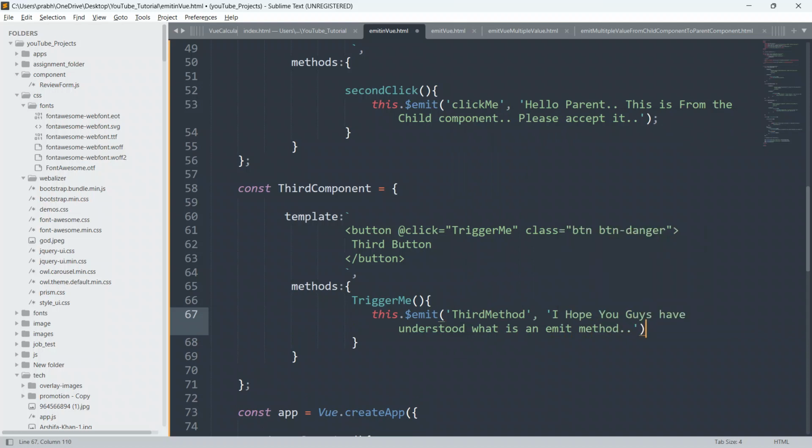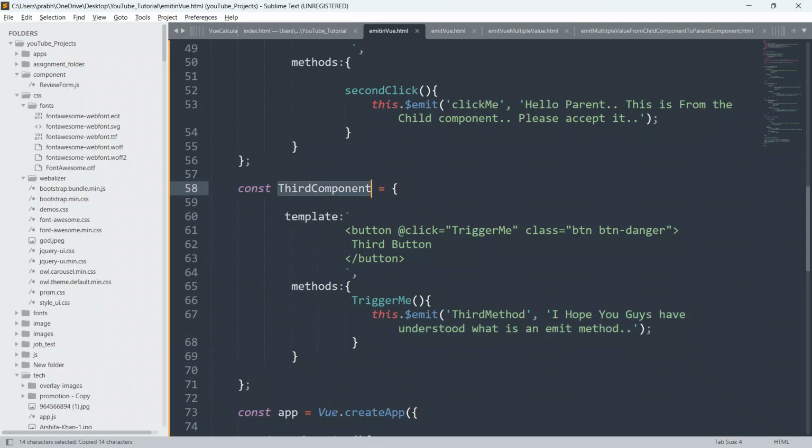Okay, so guys, here we are just defining one payload also along with this third method custom event, which is triggered whenever this child button component is clicked. It will trigger this triggerMe method, and triggerMe will emit the custom event known as third method. And here we are also sending one payload to the parent component whenever this third method is emitted. Okay, so we have to register this component also.